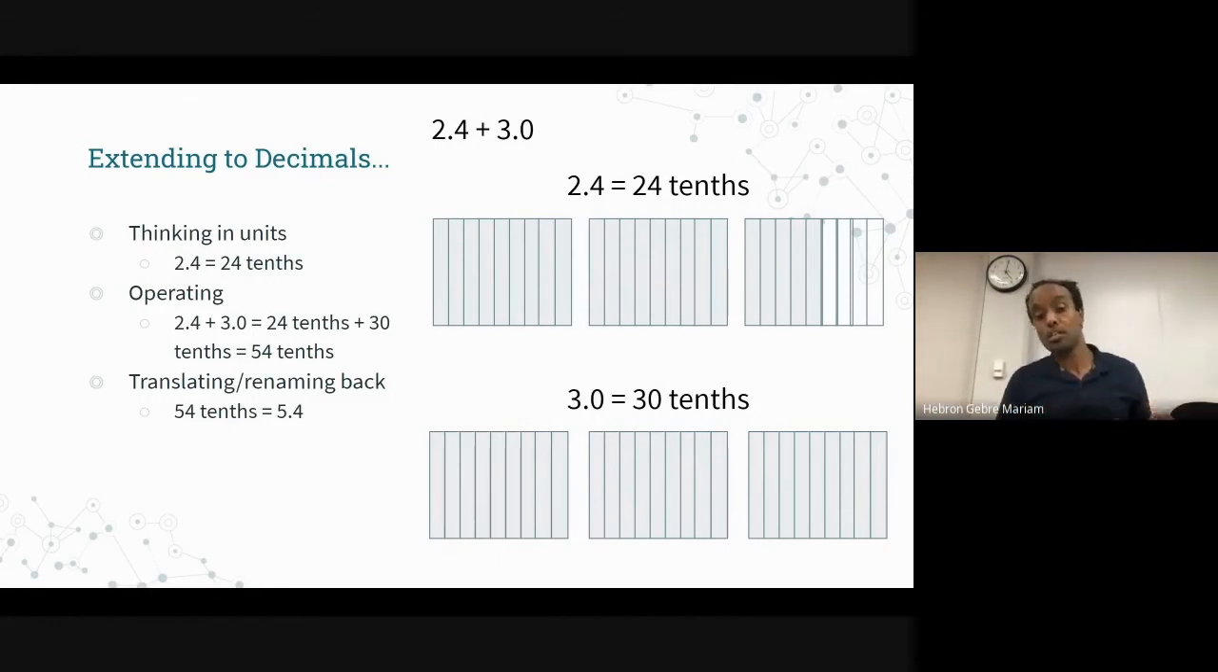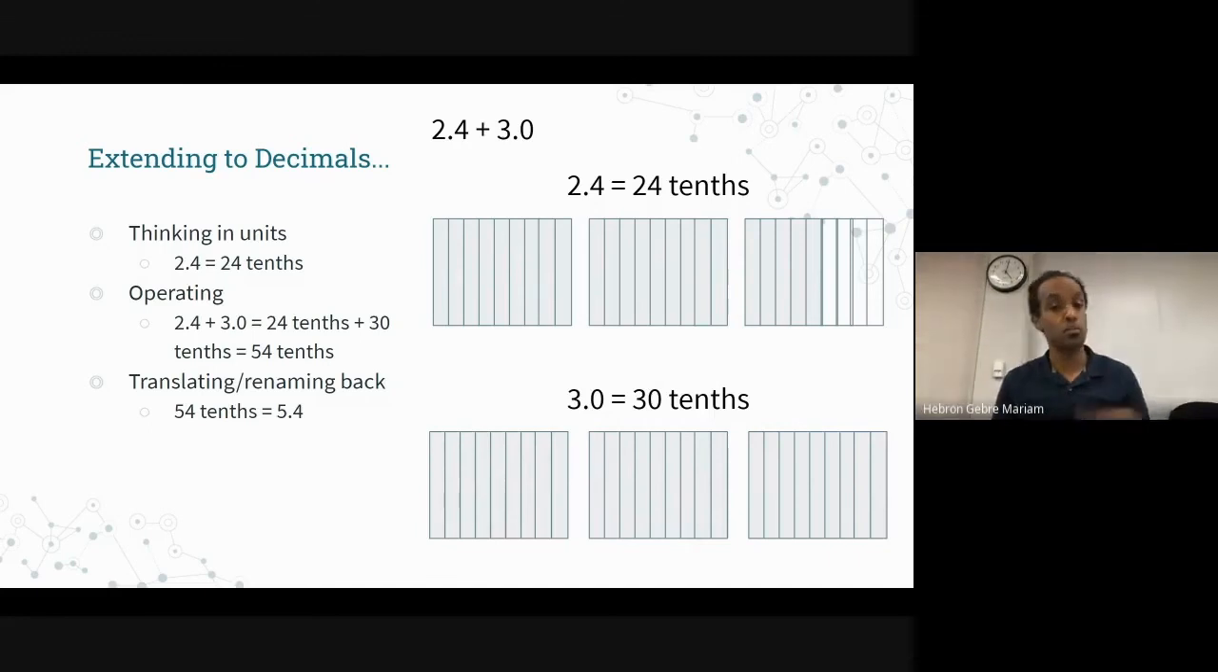So 2 decimal 4 can be considered as 24 tenths, which again is connected to that whole, what Conrad mentioned about grade 6 is looking at representing decimals. It becomes important here because you're able to represent 2 wholes and 4 tenths as 24 tenths, or 2 decimal 4 as 24 tenths. And so 2 decimal 4 plus 3 decimal 0 can be renamed as 24 tenths plus